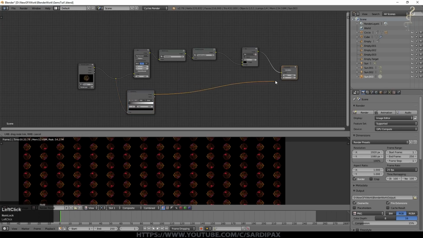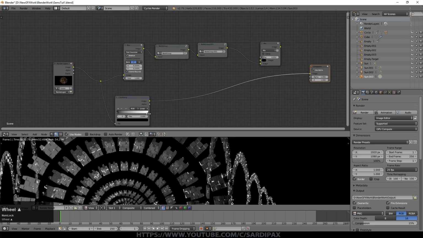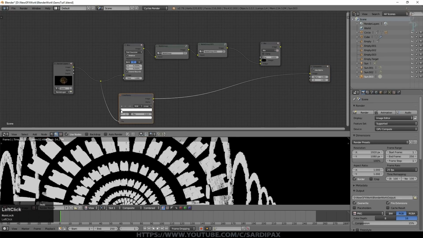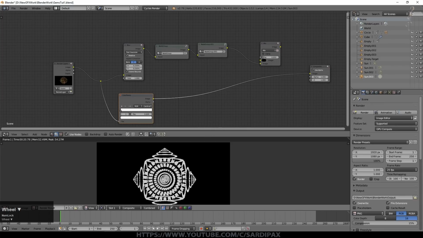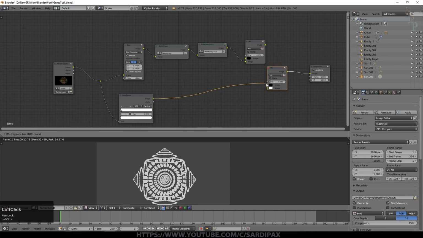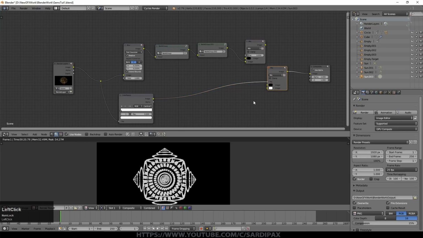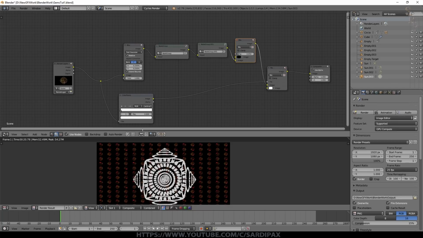We'll just have a look at what's coming out of our color ramp. And then I'm going to set the top slider down very, very low. It can be very low indeed, and just set this to cardinal to give it a sharp fall off. And you can see we've now got essentially a mask for our shape. I'm going to add another color mix node, and I'm going to put that mask into the control on that color mix node. On the top goes our background. You can see that's appearing there now. And then on the bottom, we put our original image.